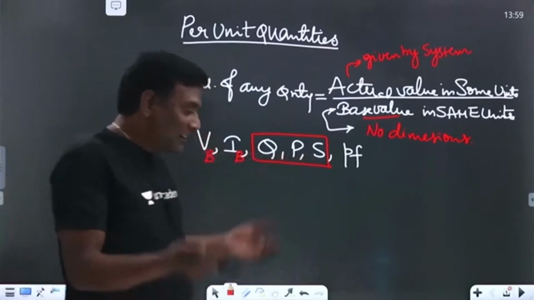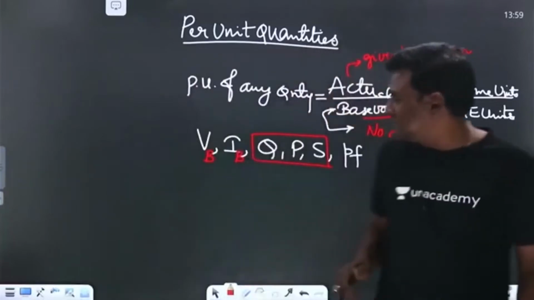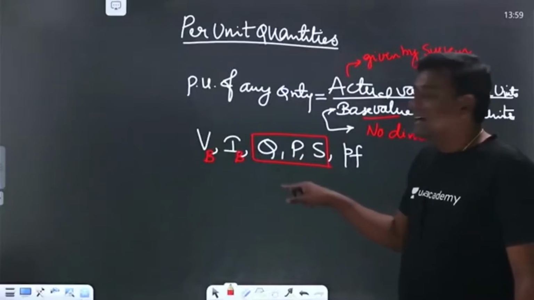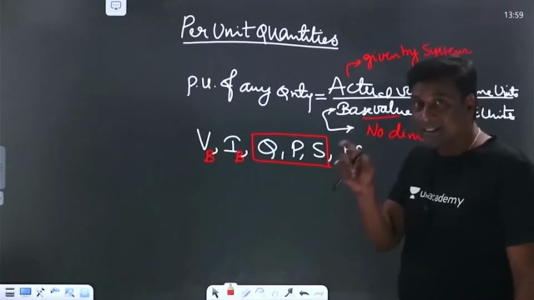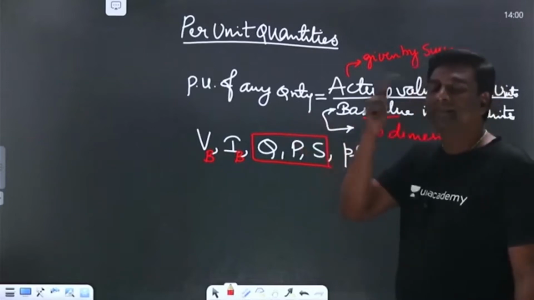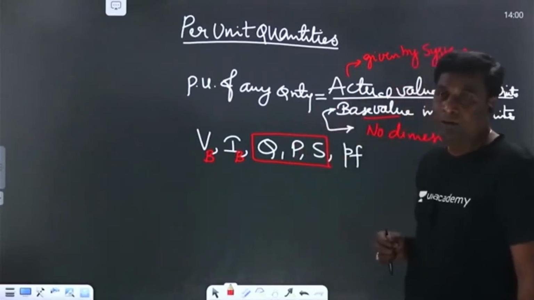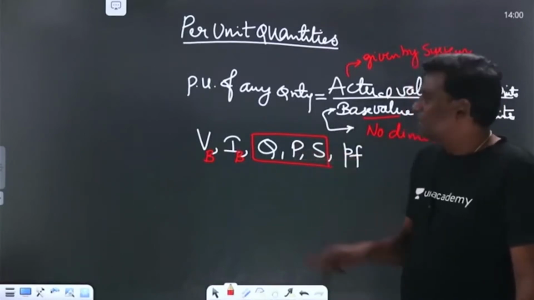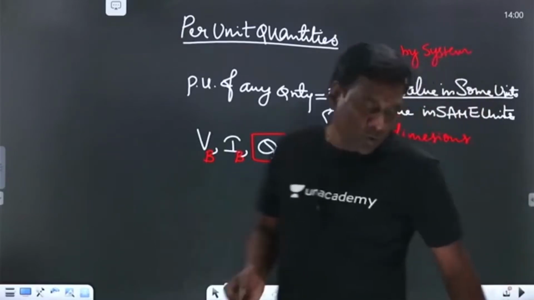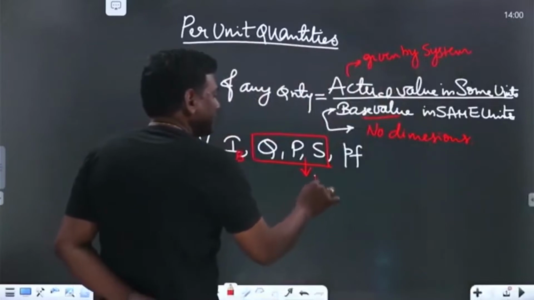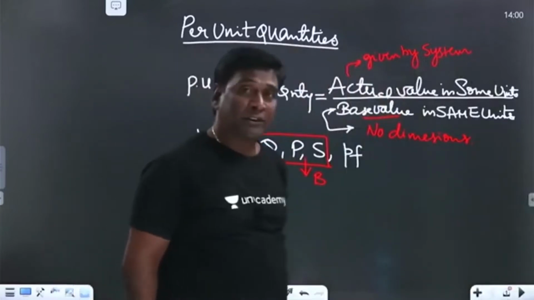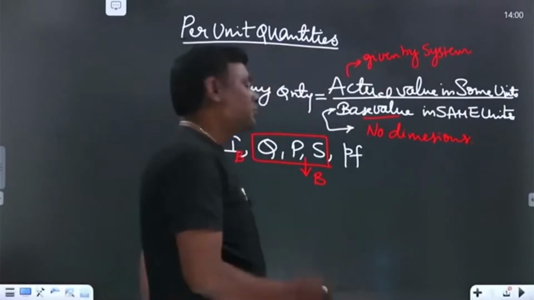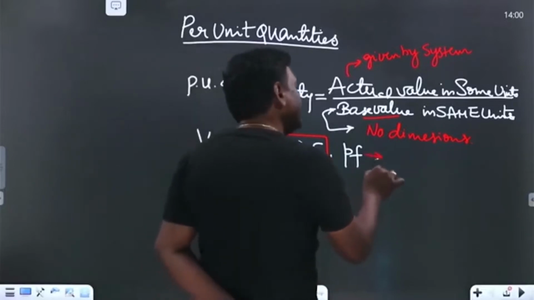Of course, for our easy understanding, we say that this VI will be in volt amperes, this VI cos phi is in watts, and this VI sin phi is in VAR. So the moment you see VAR, reactive power, automatically in your mind you get to know. Apart from that, strictly from the dimensions point of view, all these three, VI sin phi, VI cos phi, VI, have the same dimensions. So out of these three, one base can be taken. And power factor is already a dimensionless quantity, cos of some angle, so it is already in per unit.